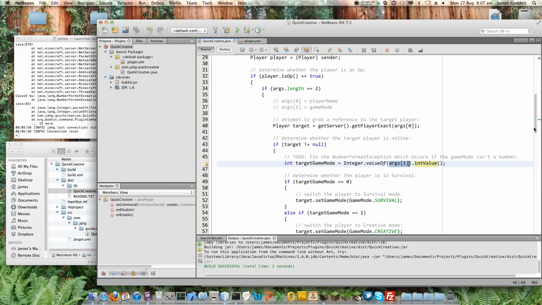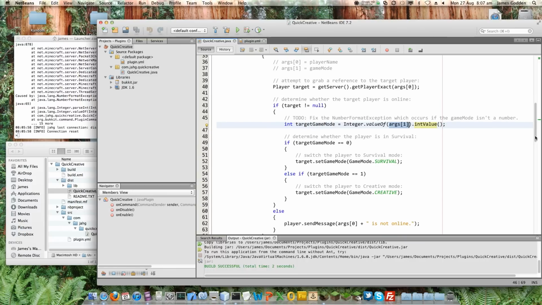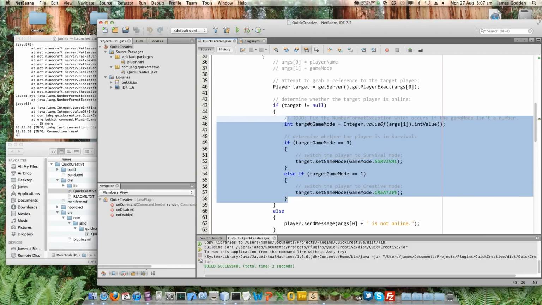Now there are various ways we can handle this, more efficient ways, less efficient ways, and we need to think about which way we're going to do it. So in order to do that, I think I'll go with the simplest way, which is not the best way. And the simplest way is to basically wrap this line of code, or this block of code, because it'll have to be all of this, in what's called a try-catch block.